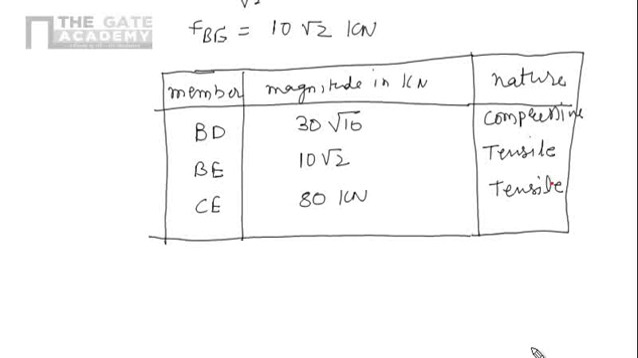By this example, we can easily understand how the method of section works, and how fast we can calculate the values of unknown forces, or we can say we can easily calculate forces in a few members of the truss. So the method of section is very useful if you have to find out forces in